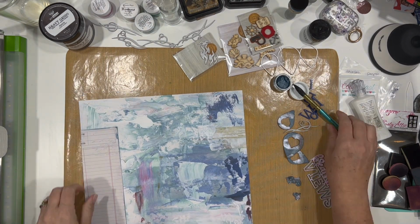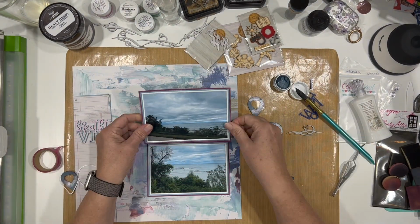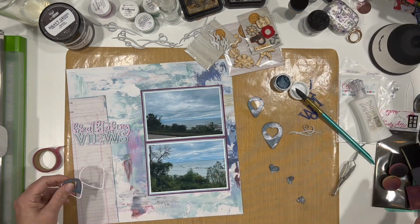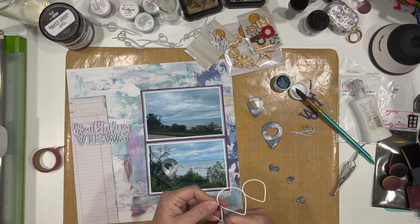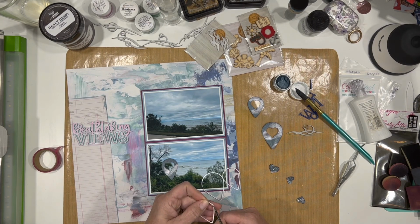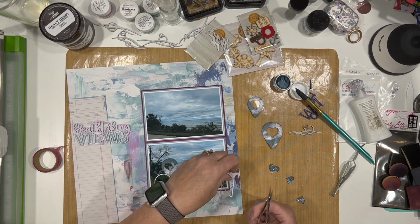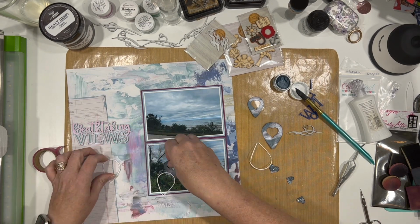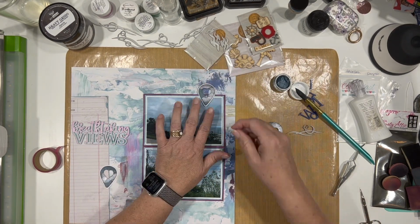And I am just tucking it into the edge here, or going off of the edge, I should say. And I'm really liking how that's looking. My two photos are just going to be stacked over on the right hand side. I like the way that looks as well. And then when it comes to my cut file, I want to split this cut file up, and so I am using the two outer pieces, which are the two smaller